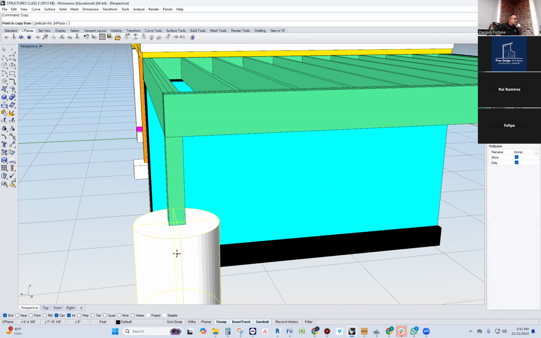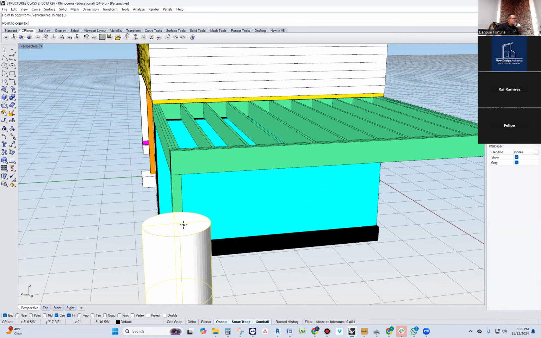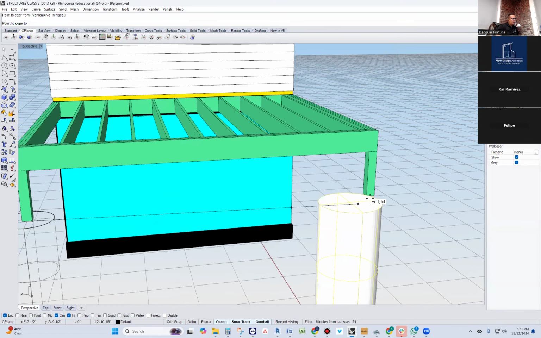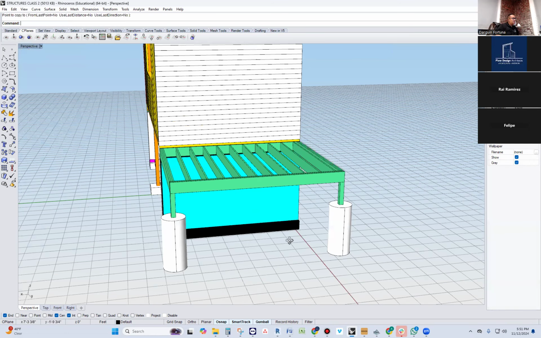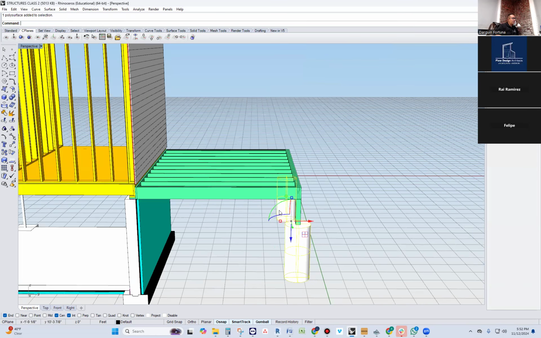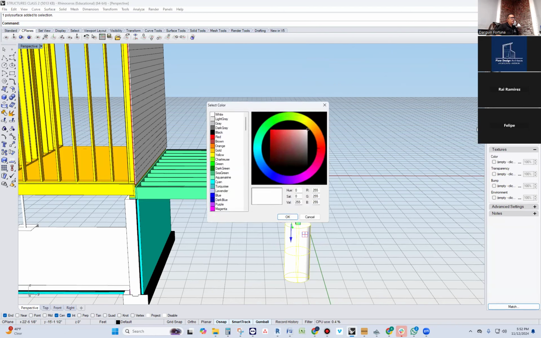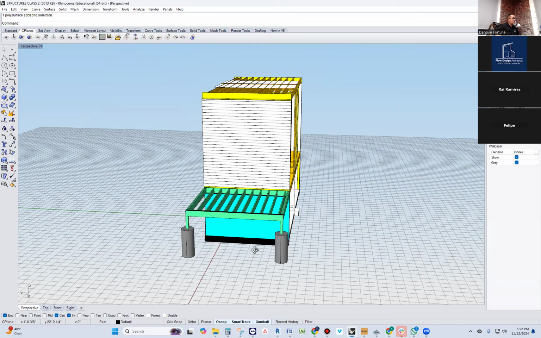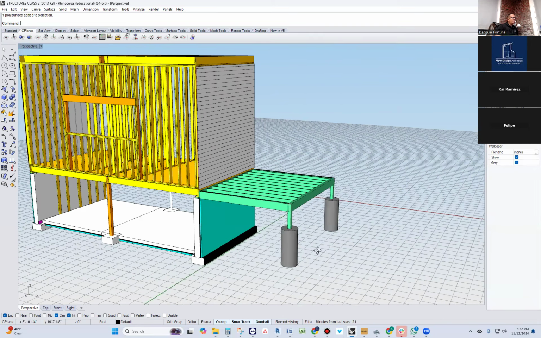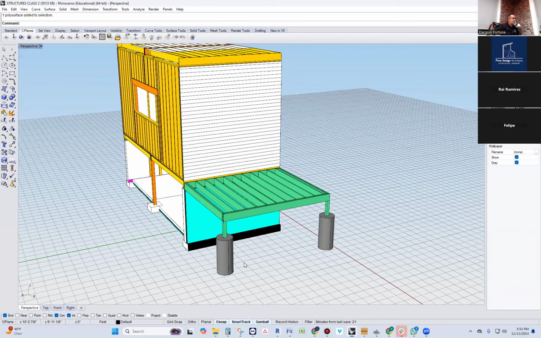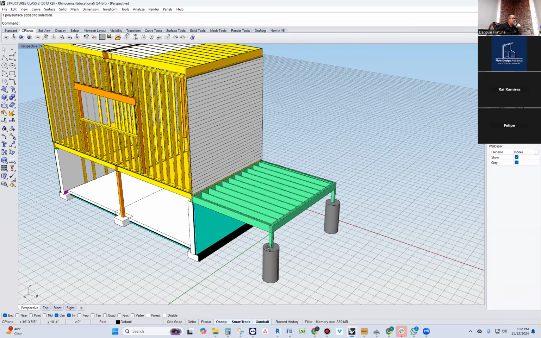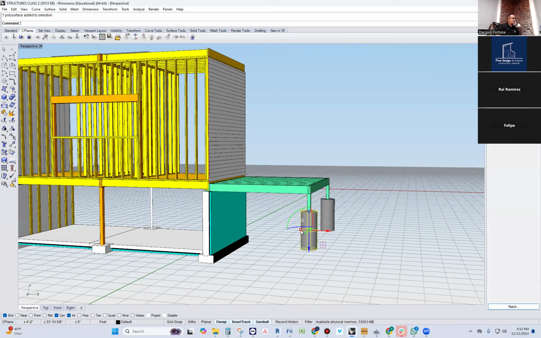You can investigate this a little bit more with more detail. I'm explaining to you the general idea of the concept. But these guys are made out of concrete. And I'm just gonna use a nice dark gray or something. Okay, so these guys are like here, right? So that's kind of what's happening with the project that Felipito was showing, that they have something like this. These guys go down,